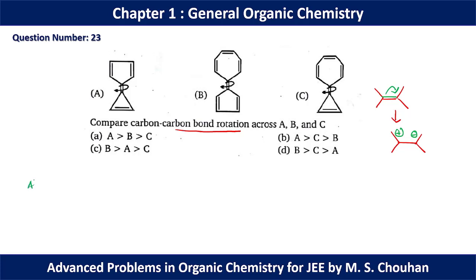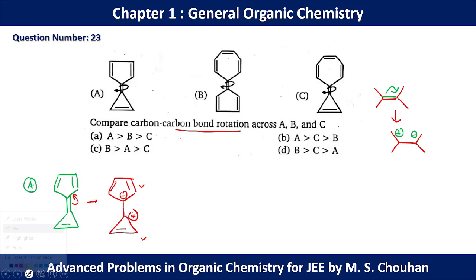So, if we start with molecule A, we can see that here we have a situation like this. Okay. Now we can dissociate this C double bond C like this, because if we dissociate this pi bond like this, we can have two aromatic systems. So here this 3-member ring is aromatic, as well as this 5-member ring is aromatic. So this charge separation is much more accepted. Now if we go for B,